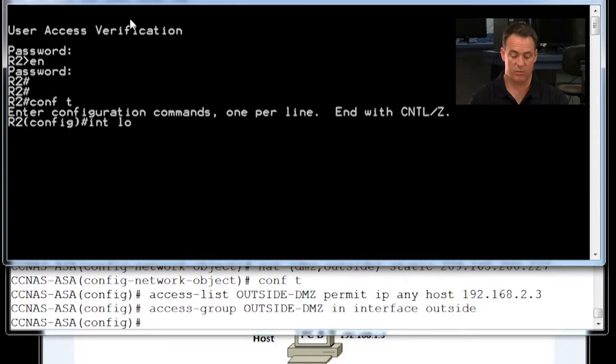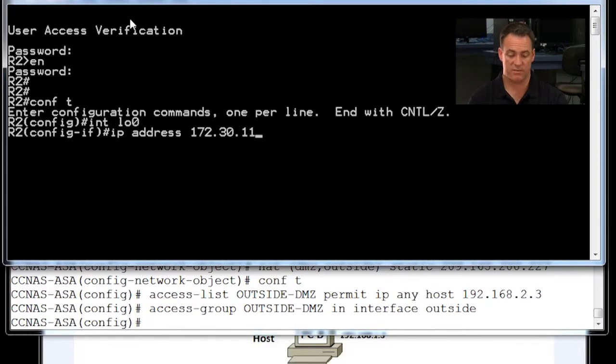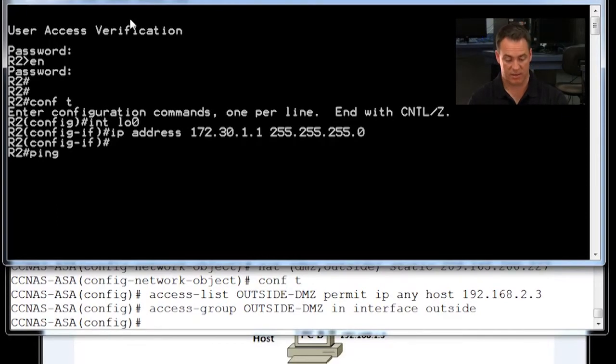Interface LO for loopback, 0, and then set it up with an IP address. And they just use a dummy IP address that's not any network that's been used in the lab so far. So 172.30.1.1, and then they give it the subnet mask, and that's done. And now if we do a Control C and we run a ping,